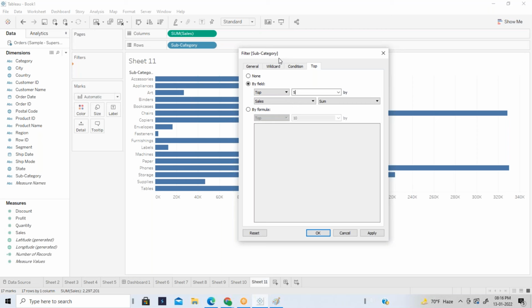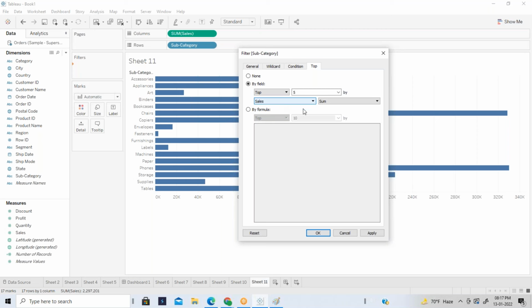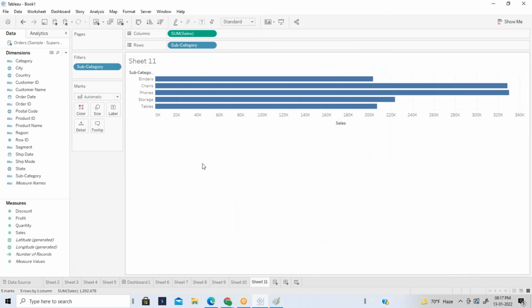These are totally different, right? Top 5 profit products are different. Top 5 quantity products are different, right? So which top values do you want to see? Top 5 sales or profit, based on what you want to see the top 5. So I want to see the top 5 products based on the sales. Let's see this.